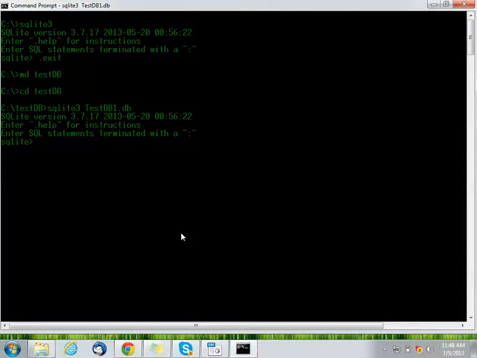Now let's create some table and insert some values in it.